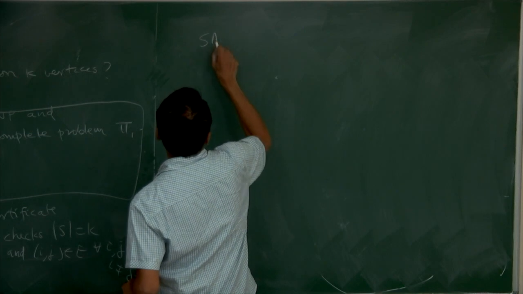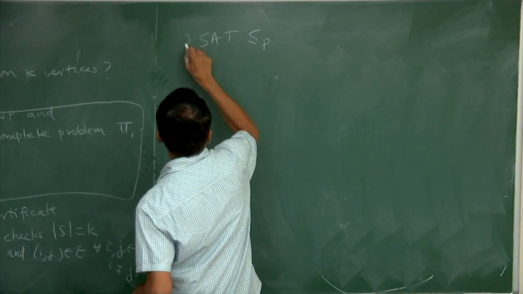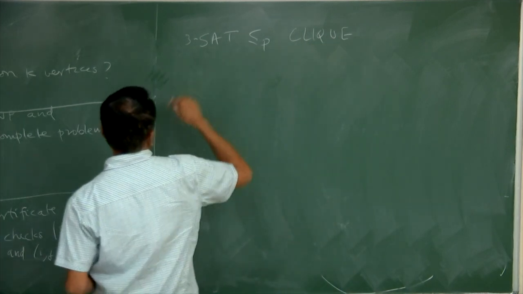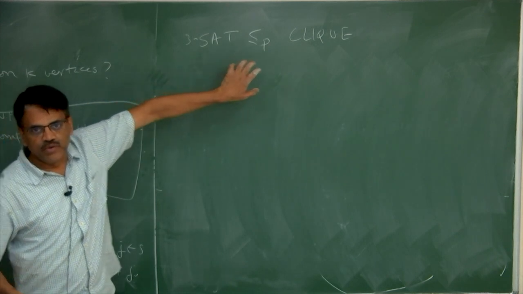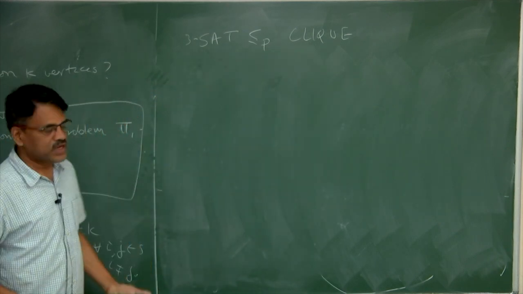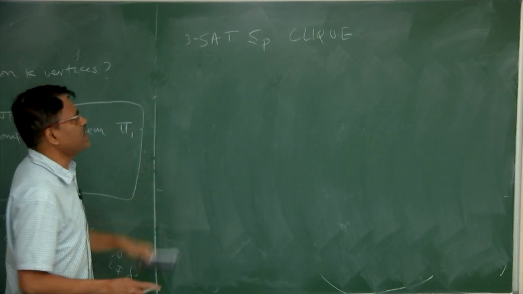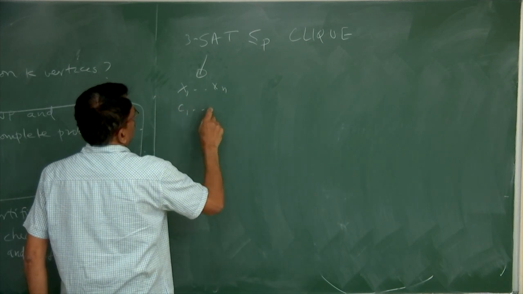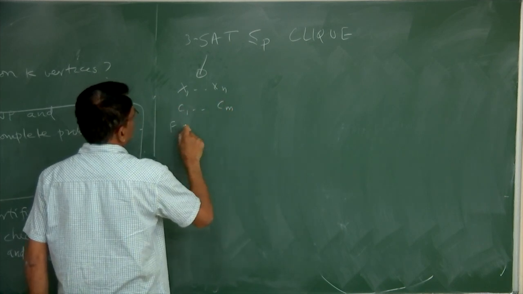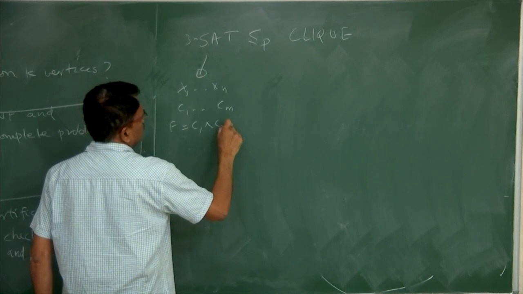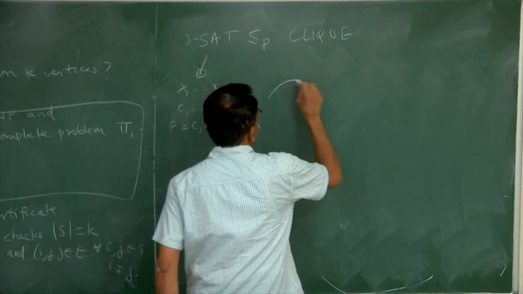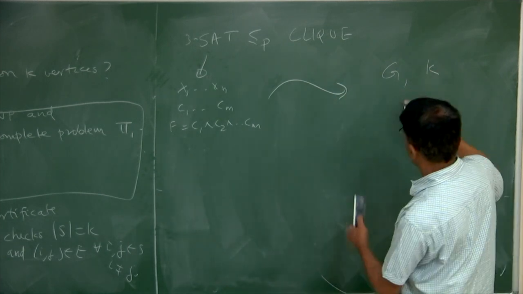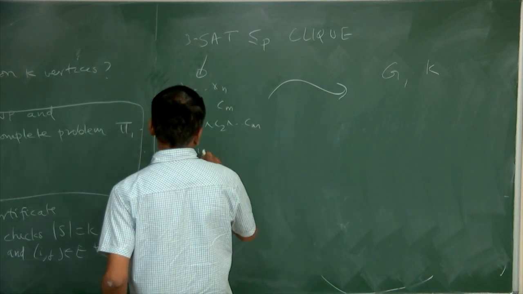So I want to say SAT, or let's say 3-SAT, doesn't matter really, reduces in polynomial time to this clique problem. I want to take a known NP-complete problem and reduce it in polynomial time to this problem. What does that mean? I take an instance of 3-SAT. This instance has some variables, clauses, and I have a formula f. And what is my goal? I want to construct a graph G and some integer k with what property? I want f is satisfiable